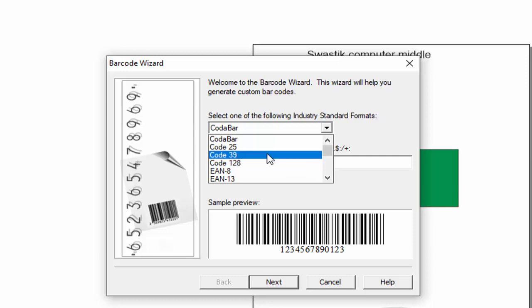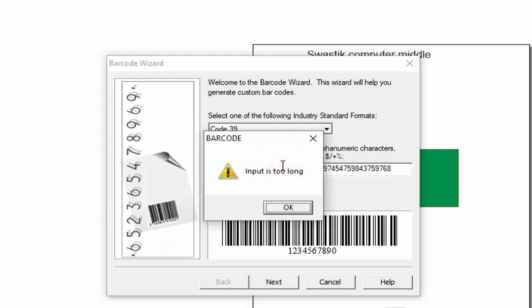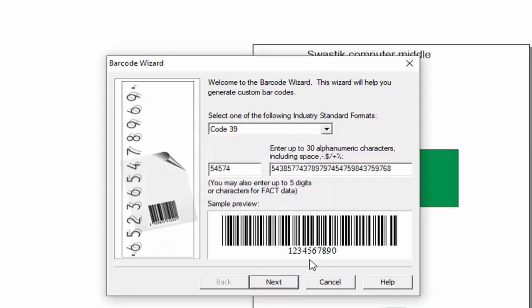Like I select code 39 and enter the code here, up to 30 characters. Like this, I enter 5 characters and you can enter up to 30 characters here, and then press OK.